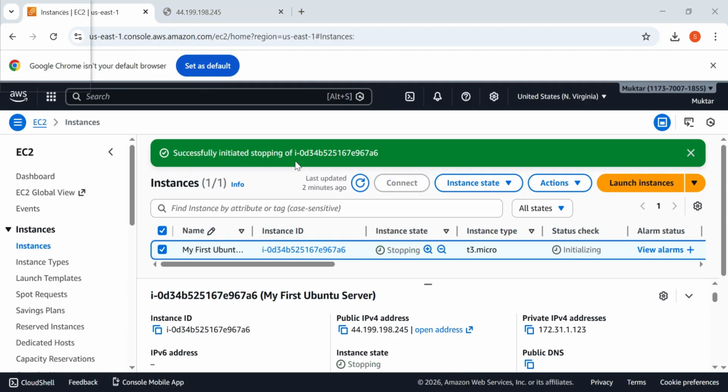So here is what you just did. You launched a real cloud server on AWS running Ubuntu with a public IP address. You didn't simulate it. You didn't follow a fake tutorial. You actually built infrastructure. This is the foundation of everything else in cloud computing. From here, you are one SSH command away from installing software, hosting websites, running databases, deploying